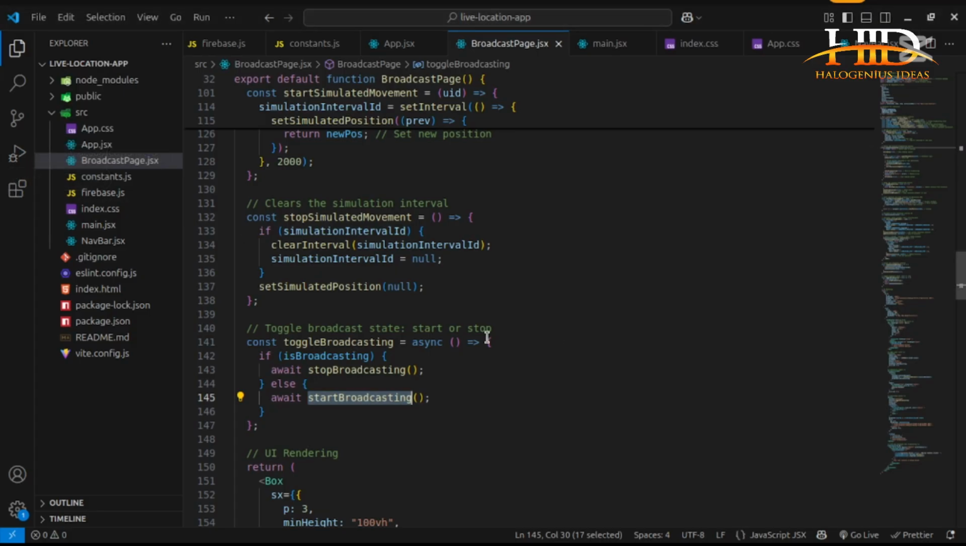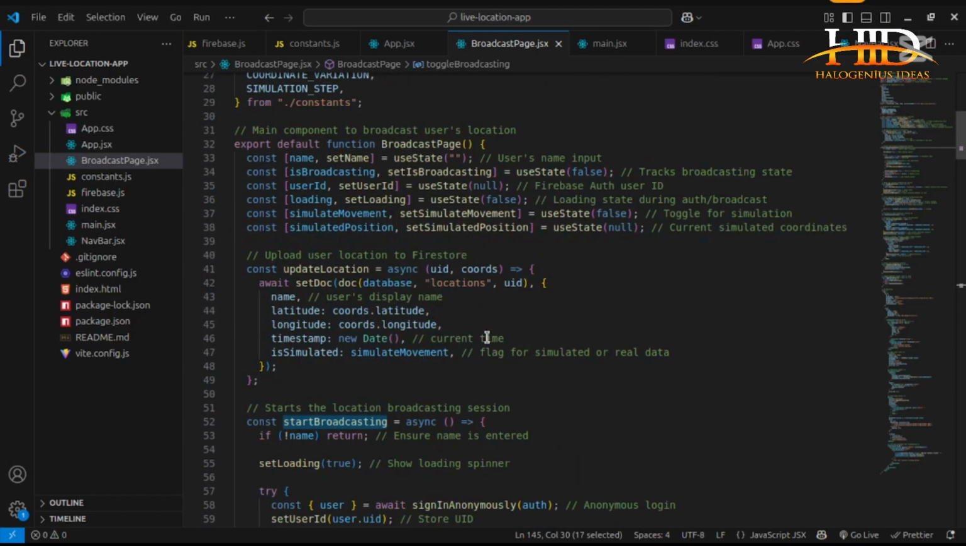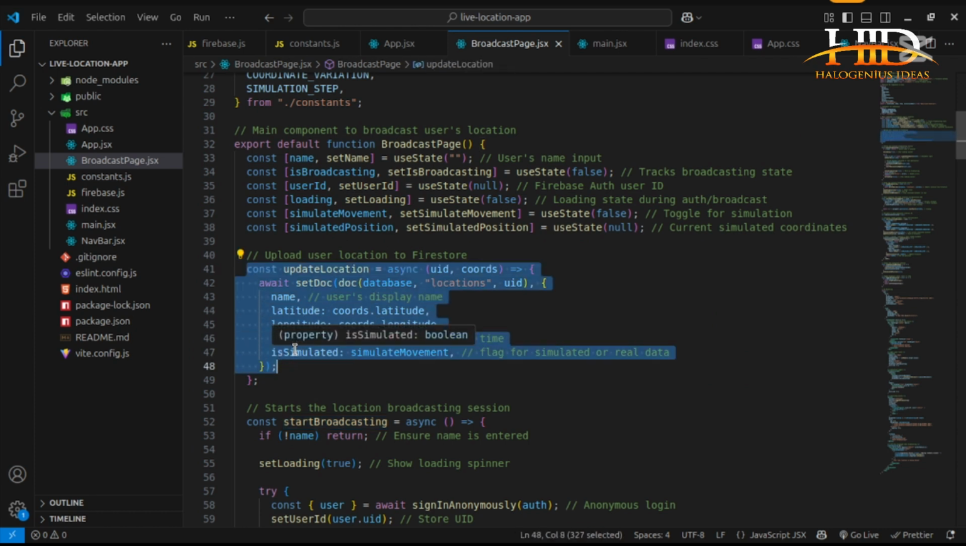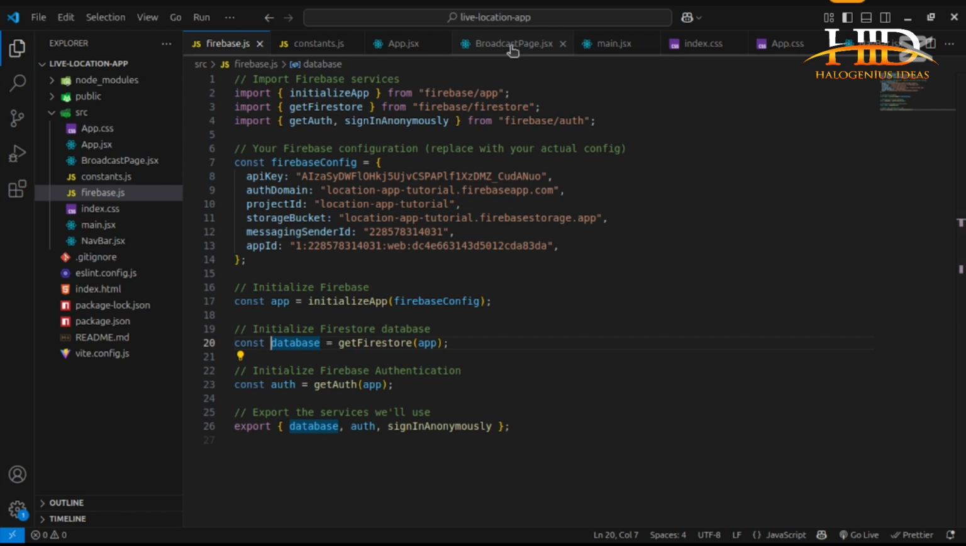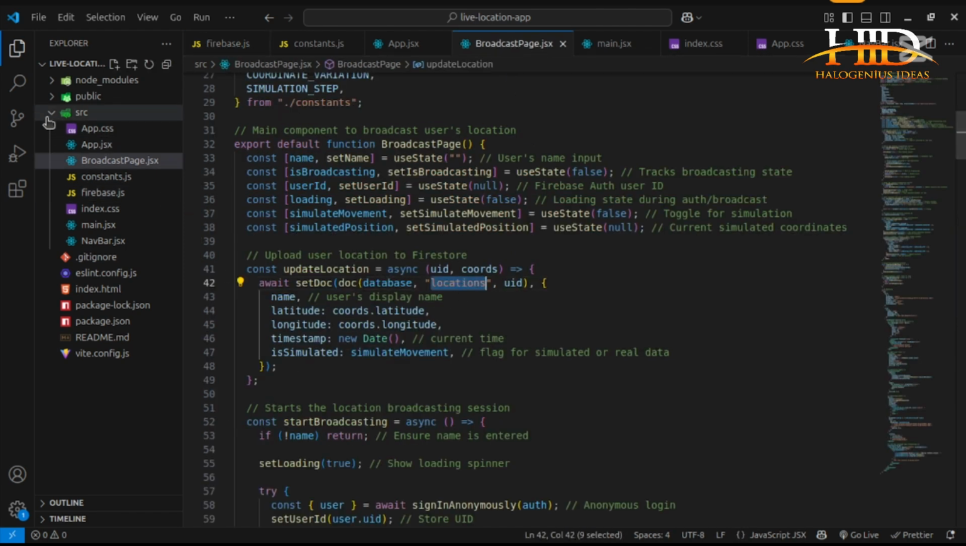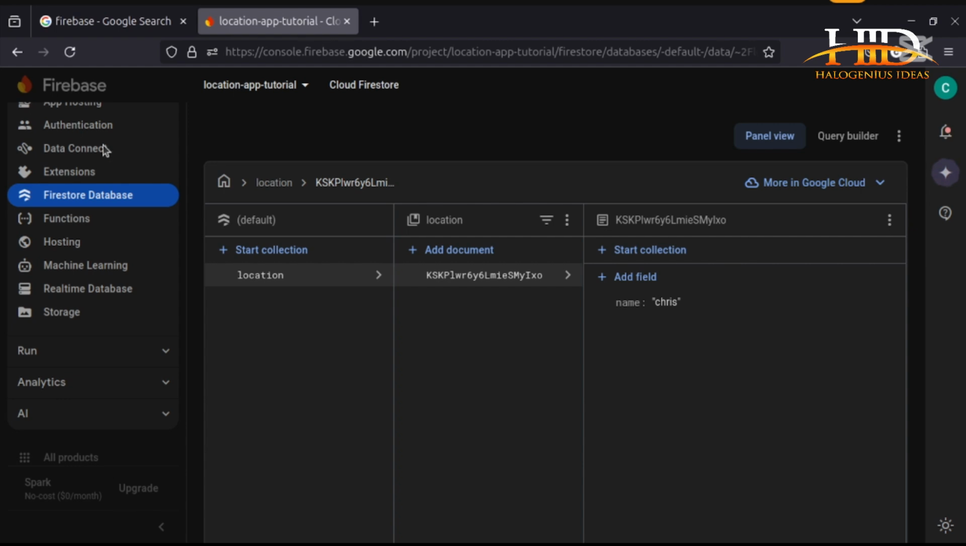So come back here. Now I want to quickly show you something before we move on. This function over here basically communicates the current GPS location, whether simulated, meaning generated, or the real location. This is what is going to be broadcasting it to Firebase, just to set a document. Then we have the document, the database is coming from here. Then we have the locations. The locations is the directory. If you come here, this location,